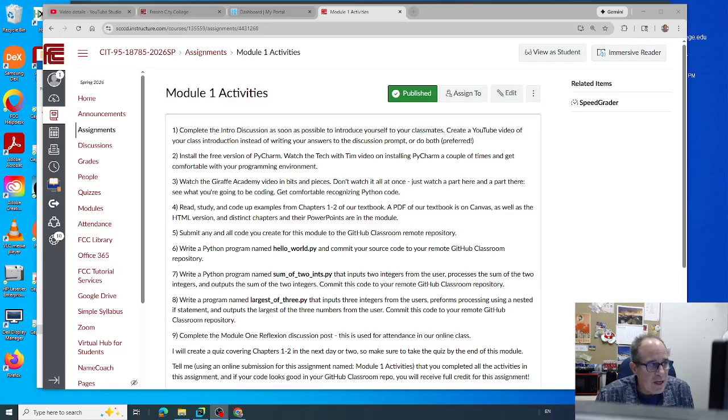So you can see in here I'm in our Classroom Canvas module, and number 6 says write a Python program named hello world.py and commit your source code to your remote GitHub Classroom repository. So what that means is you're going to already have installed PyCharm. I don't know if I have a video posted on that or not, but you could just ask Gemini how